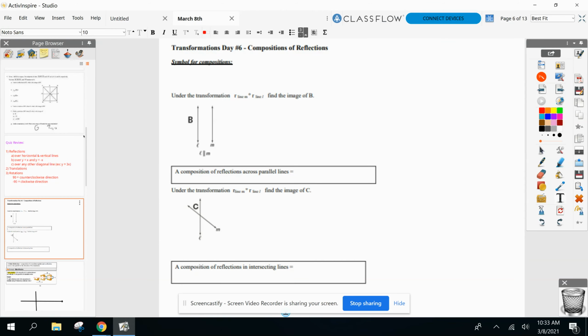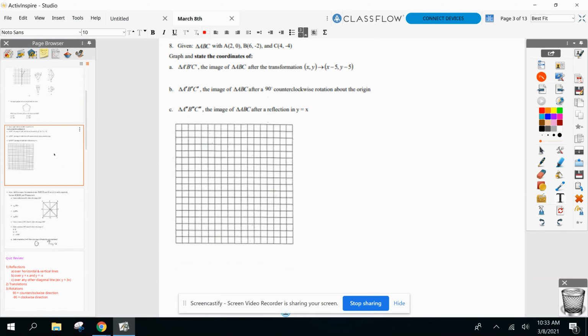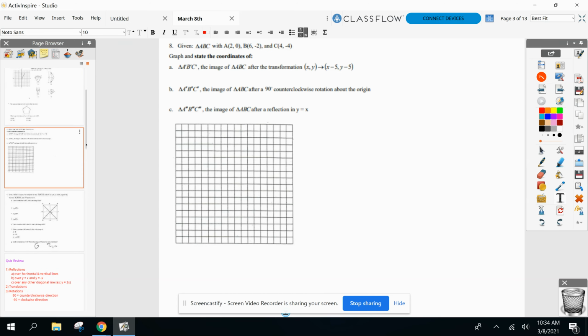So for homework over the weekend, if I just go back and look at one of the problems real quick. You guys did problem 8 on the homework last night that says, hey, I have triangle ABC, part A do this, part B do this, and part C do this. I'm just going to put it all in one problem today. Instead of going parts A, B, and C, I'm going to put it in one problem. And what you guys have been doing by doing these different parts A, B, and C is what's called a